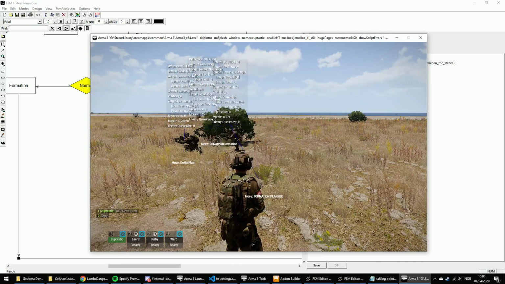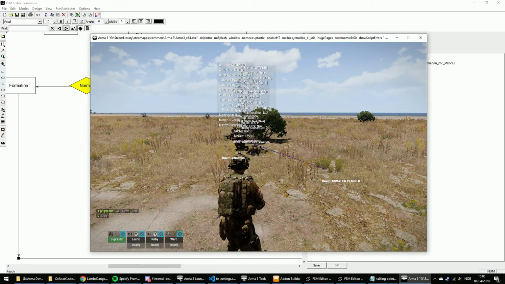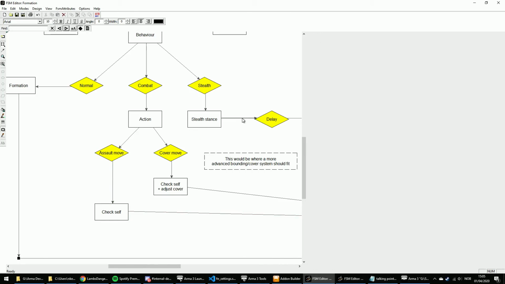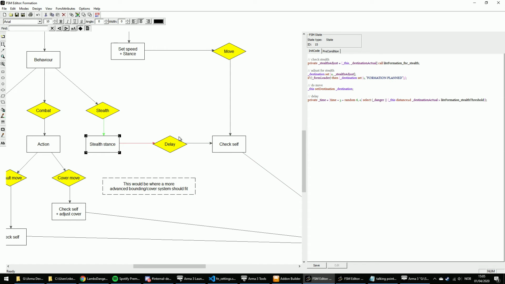They're taking a bit more time to respond here, and the reason for that is I've built that in just as a sort of a test. We can have a look at that here. I put in a small delay. This also makes stealth more deliberate action. The delay turns to 0 if they are actually in danger